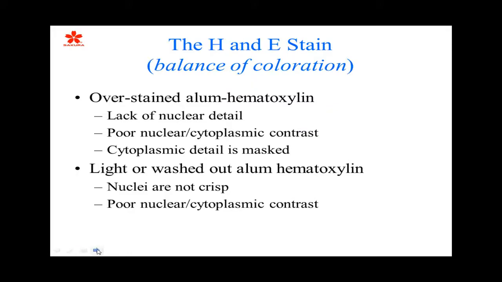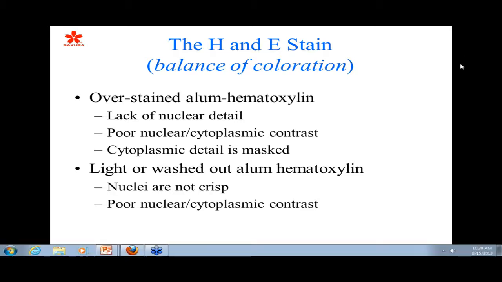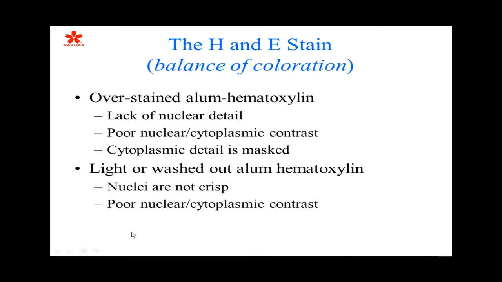What we're looking for, some of the things that can happen, is an overstaining of hematoxylin. This is basically when you'll see a lack of nuclear detail, poor nuclear or cytoplasmic contrast, and actually you won't be able to see that much of the cytoplasmic stain because it'll be masked. If it's too light on the hematoxylin, the nuclei will not be crisp or sharp. You won't see the granular appearance in the chromatin material,